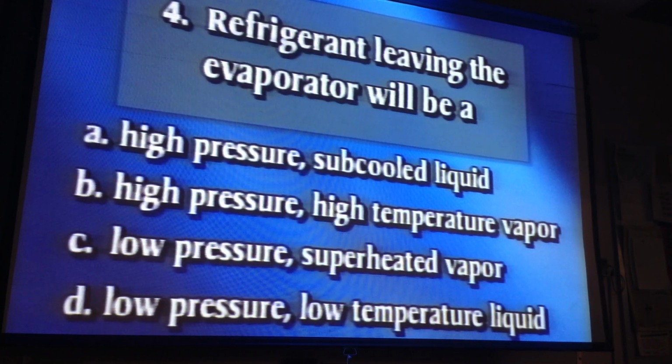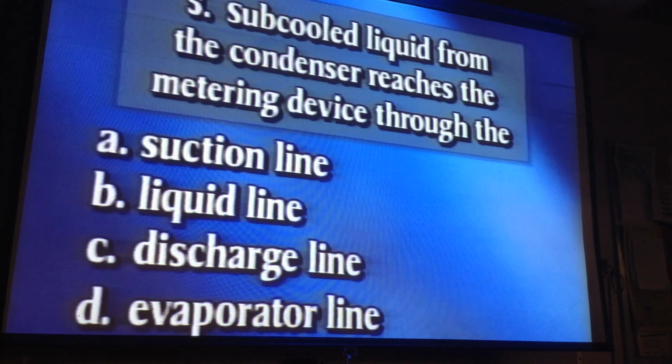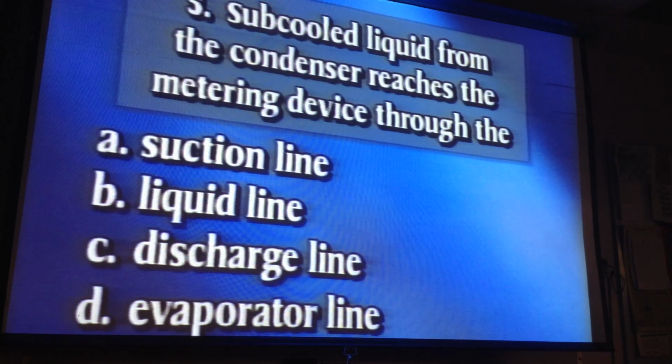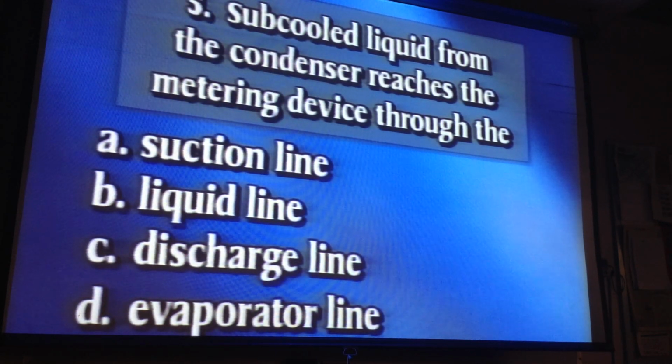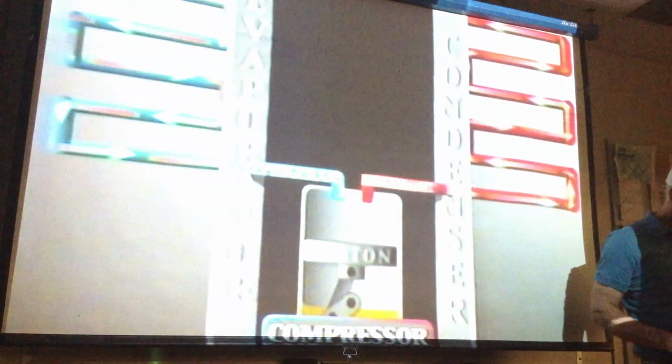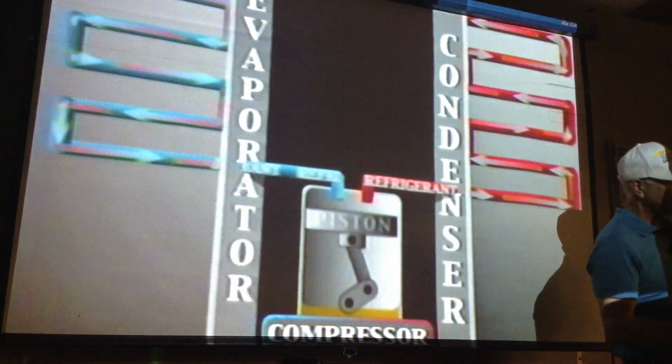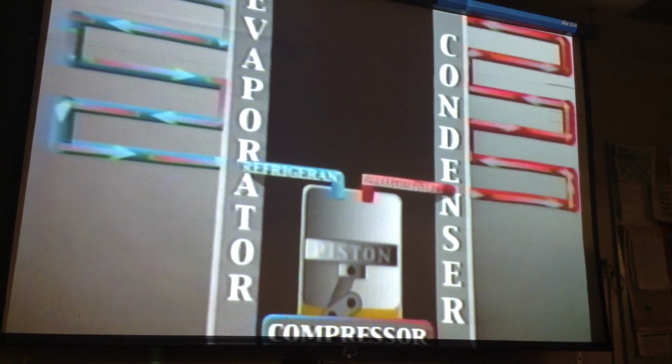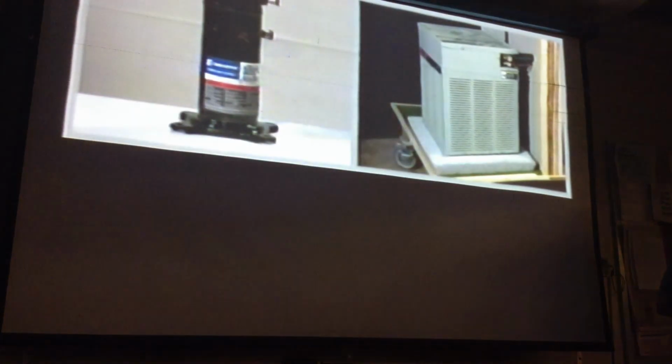C. Subcooled liquid from the condenser reaches the metering device through the: A, suction line; B, liquid line; C, discharge line; D, evaporator line. Answer? B. This tape has presented the basic principle of the refrigeration cycle, understanding the effect each of the four major